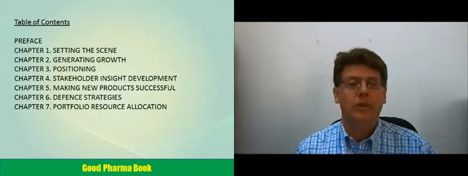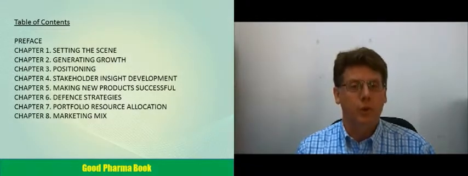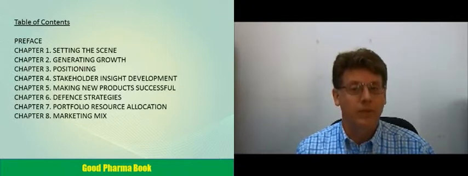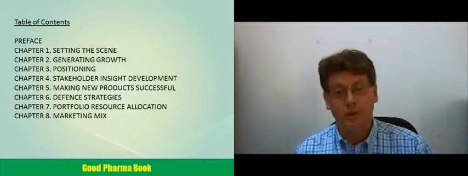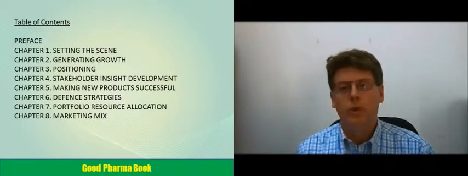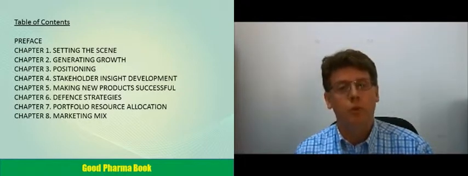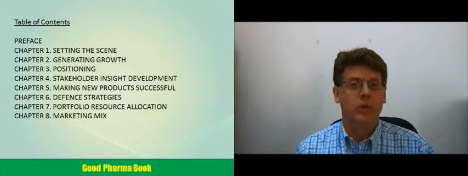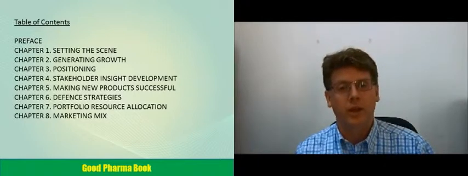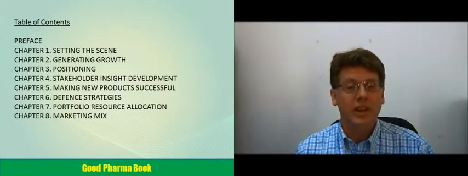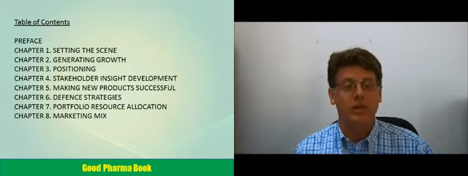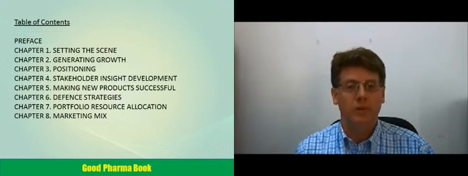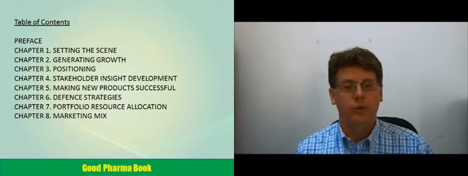Chapter 8 starts out with the tactical part of the whole book. And the first chapter looks at how one should design a marketing mix. We look at the advantages of using what is called best practice analysis, but we also review a few of the major drawbacks of taking this approach. And the preferred approach for us is to use a model that we call the hierarchy of prescription effect, where we understand which stage in their decision-making process the customer is in, and then we select a number of tactics to address the changing of the beliefs and behaviors of the prescriber in order to get to the next stage